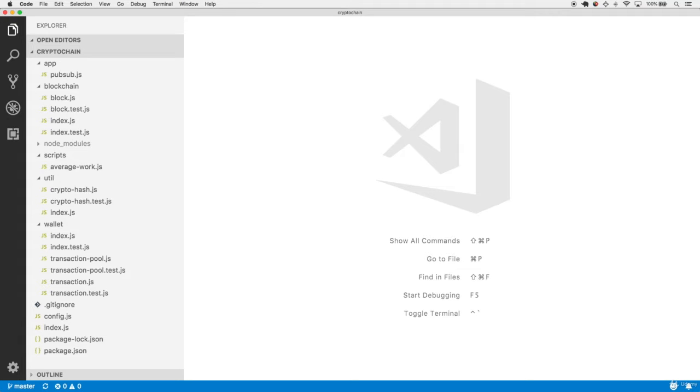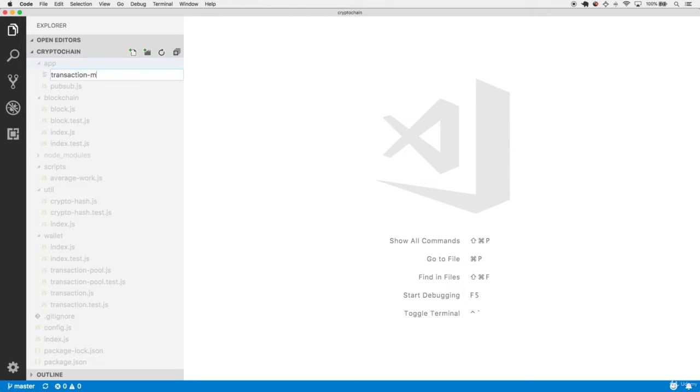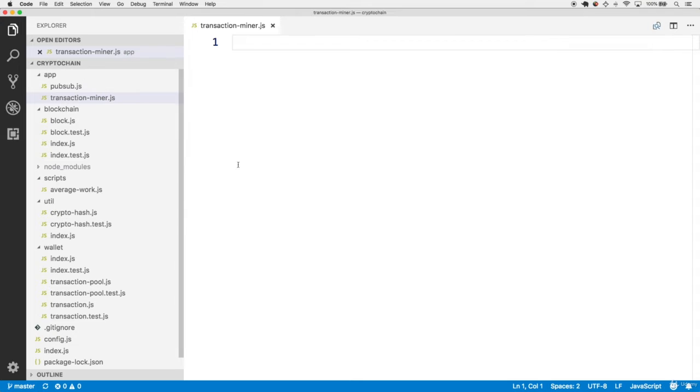Hey, let's work on enabling transaction mining in the cryptocurrency application. To facilitate this, we'll make a new transaction miner class in the app directory. So let's start with a transaction-miner.js file within app. This transaction miner class is going to hold a mine transaction function, which calls all the